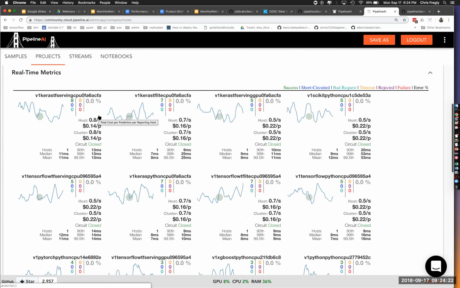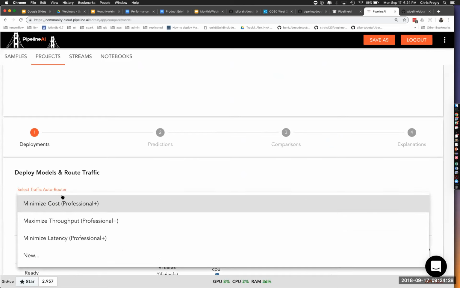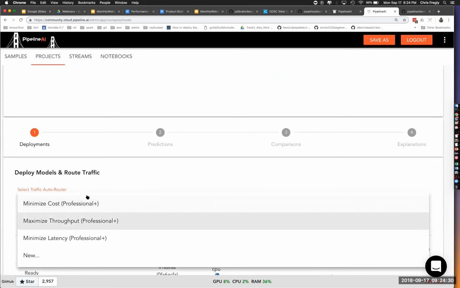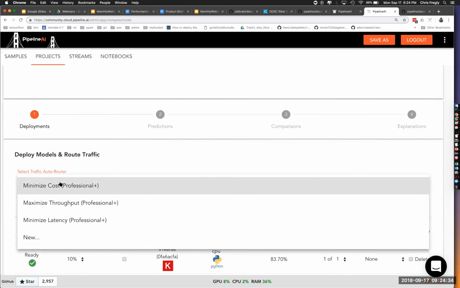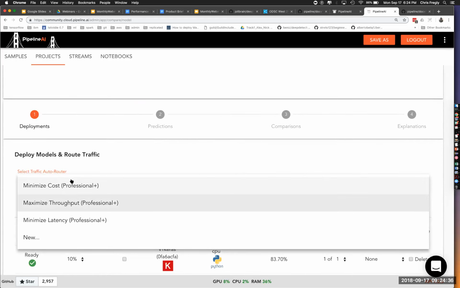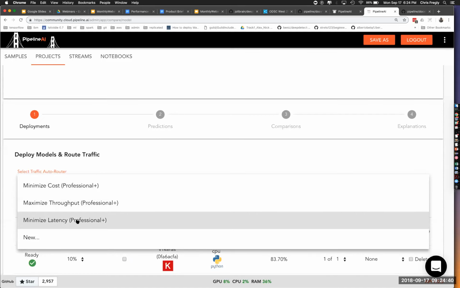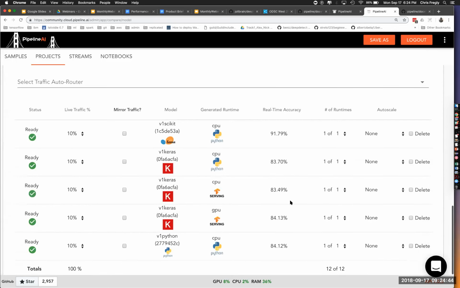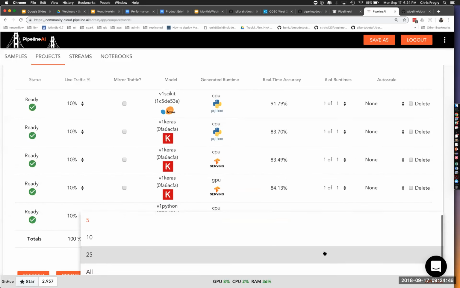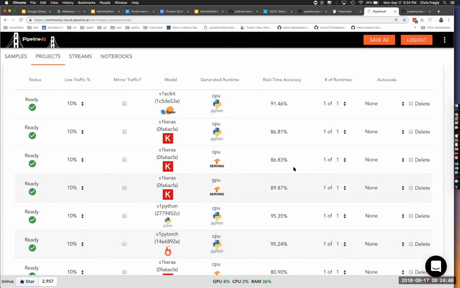So there are different strategies here that we call routing strategies. When you get past the community version and get into professional and the enterprise, this is where we could start to actually optimize and choose this auto router. So I could say I want to optimize for the minimum latency. And so these are all the different variants. Again, I'm going to drop down to show all of them.